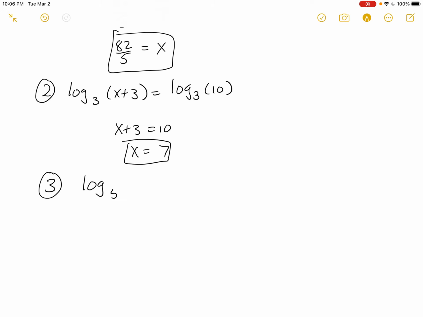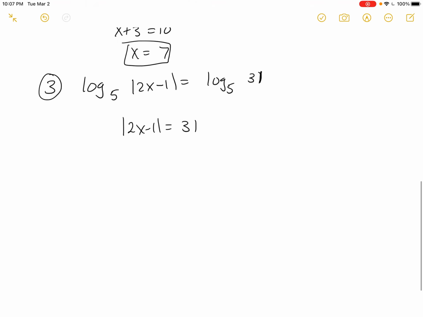How about this one? Log base 5 of the absolute value of 2x minus 1 is equal to log base 5 of 31. What does that mean? It means the absolute value of 2x minus 1 has to equal 31. Another intermediate algebra problem. Hopefully you remember your absolute value equations. What's inside the absolute value could be 31, or it could be negative 31. So we set the two equations equal to one another. We move over the 1 in each case and get 2x is equal to 30, or 2x is equal to